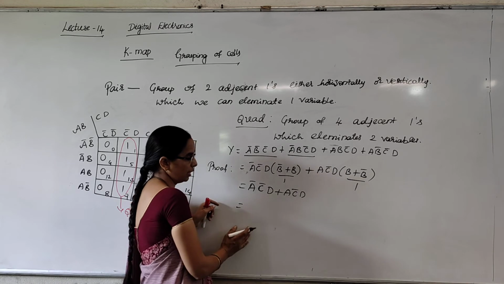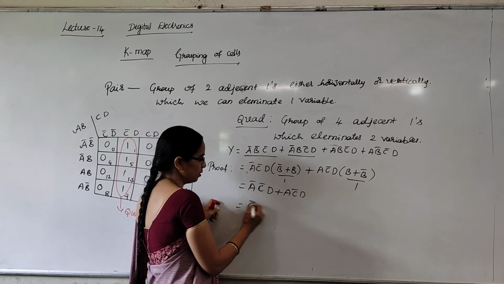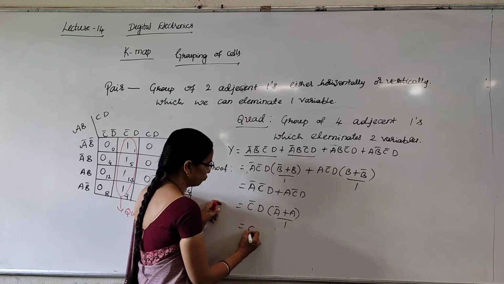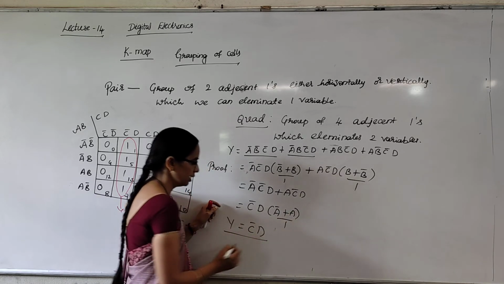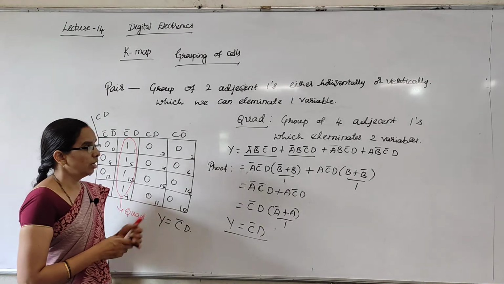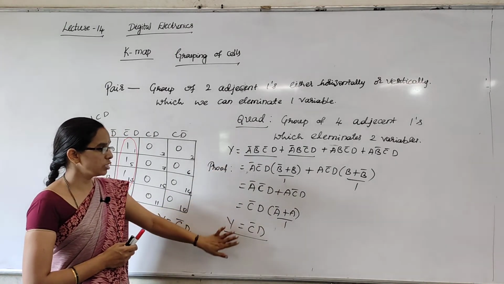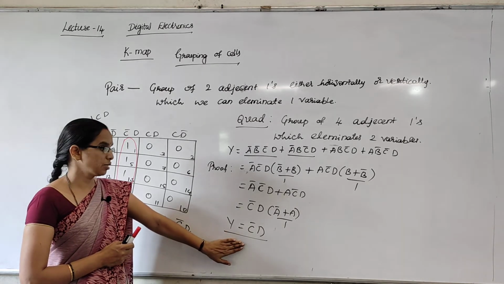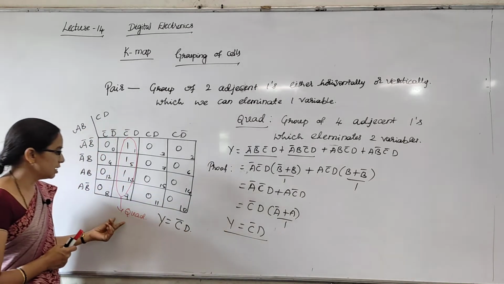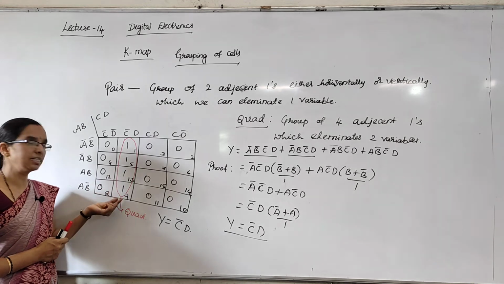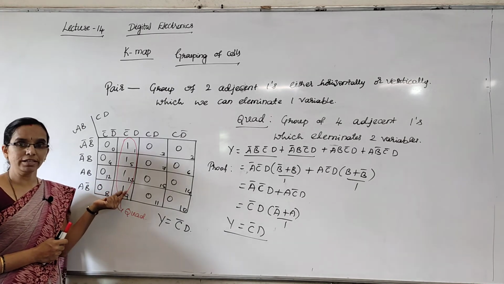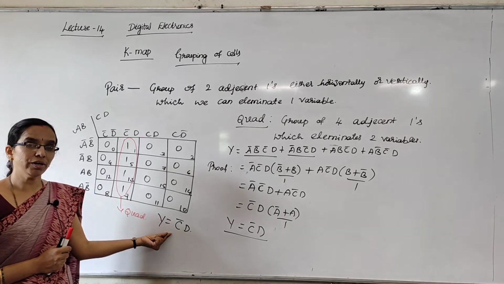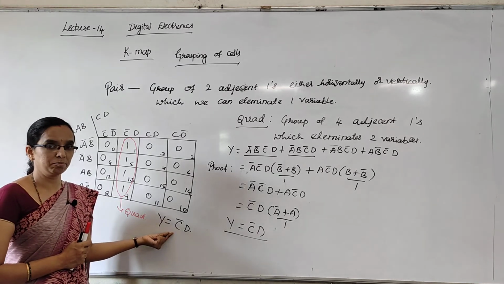And these two also I can take common. C bar D I can take common, A bar plus A, this will be 1. The final expression will be C bar D. We have to do 4 steps of simplification to get the simplified expression using Boolean laws, whereas in the case of K-map, after representing the ones in the K-map, which is easy and you have already learnt, we write the simplified expression in only one step.